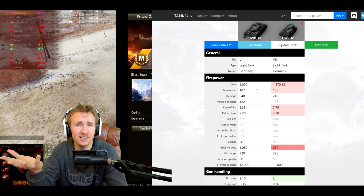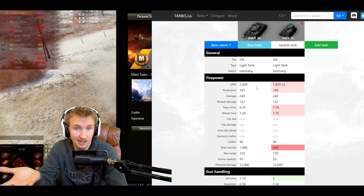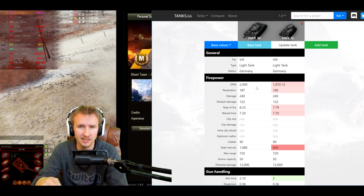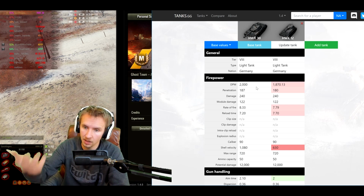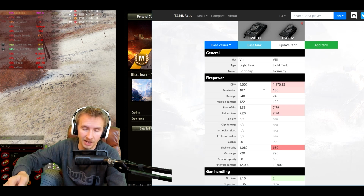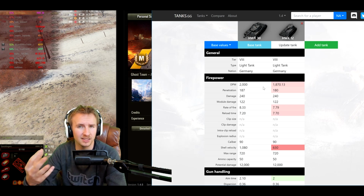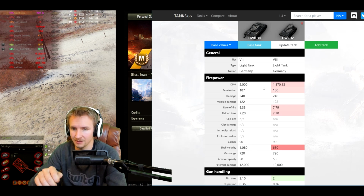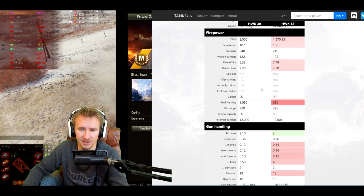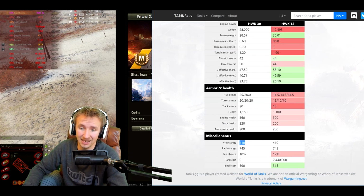So should you get yourself an HWK 30? Well, Frontline is starting up again on Monday, and if you fancy having a light tank to be able to use in it and still make loads of credits at the same time, then this is a great vehicle for it. Its standard rounds are decent at long range, and its high explosive rounds are fantastic against lightly armored targets. This thing really does wreck Scorpions and French-wheeled light tanks,